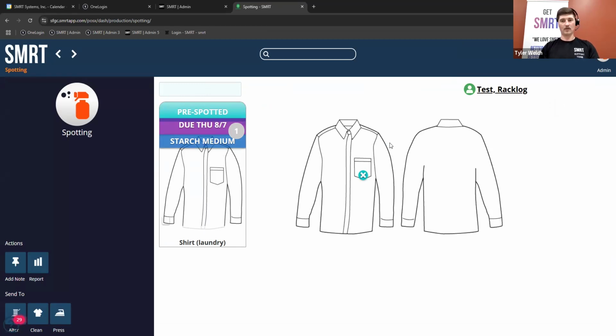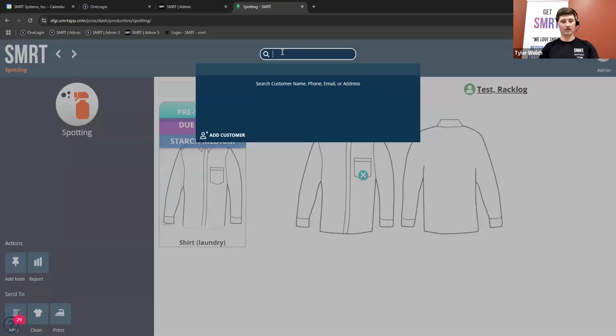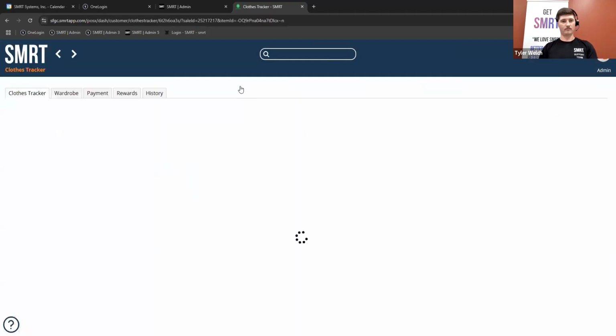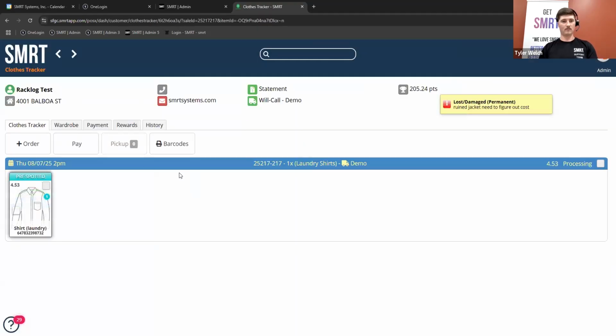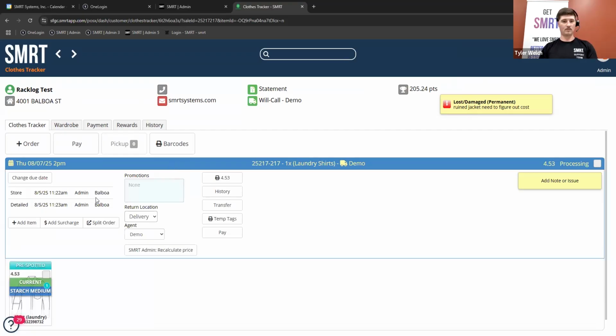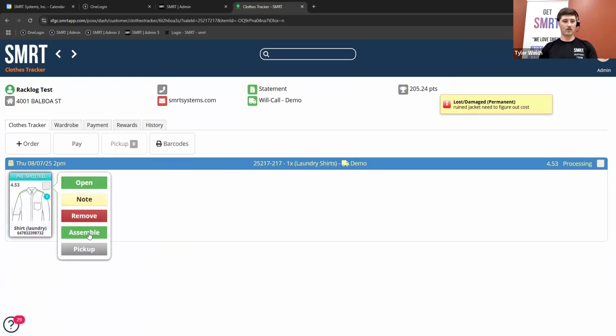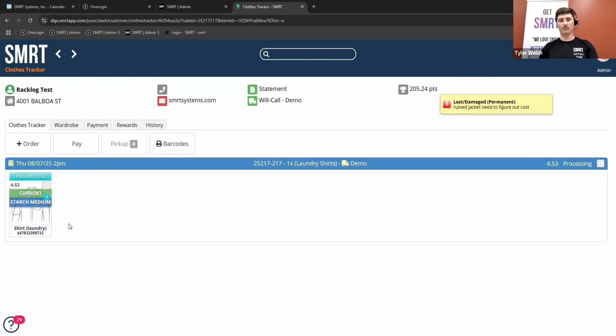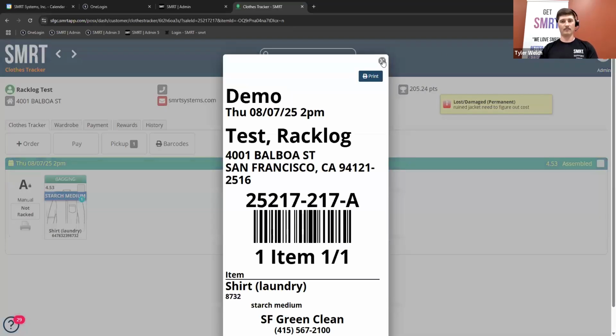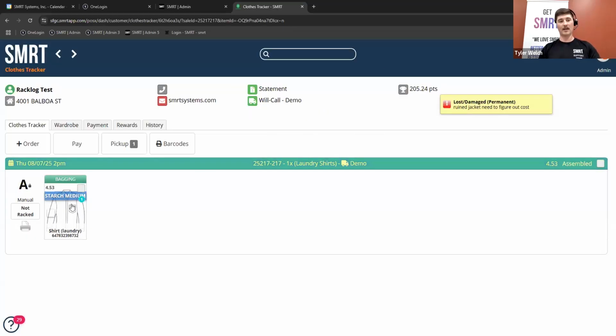It's gone. I was able to remove it. It's done. Now if I come back here, current, and I can assemble it, pick it up, move on. And then if I re-put that in, that stuff is no longer going to be there.